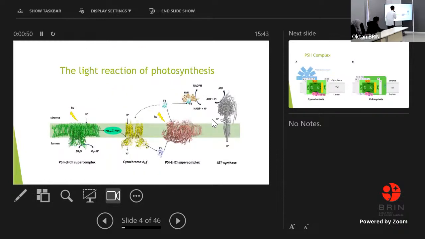Next slide, please. Okay, the light reaction of oxygenic photosynthesis consists of four major protein membrane complexes, which are, okay, I've got the ruler, the photosystem 2, cytochrome b6f, the photosystem 1, and ATP synthase. And if we remove all the other three proteins, we get the photosystem 2 complex, which has a critical role in the light reaction because it produces or evolves oxygen.